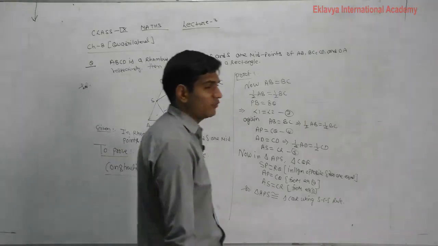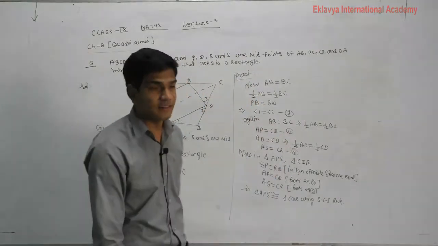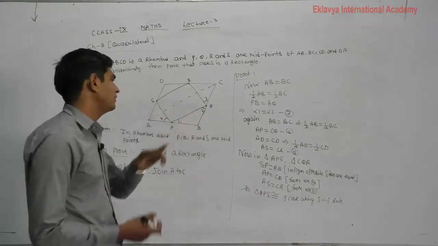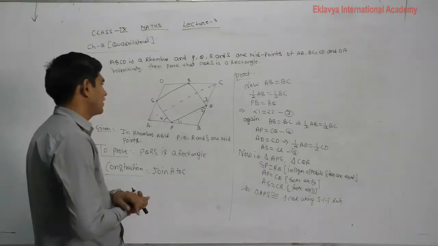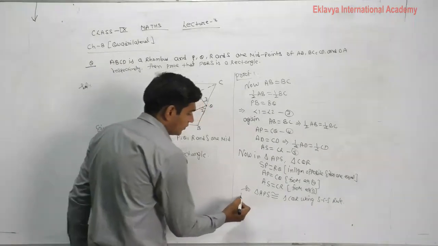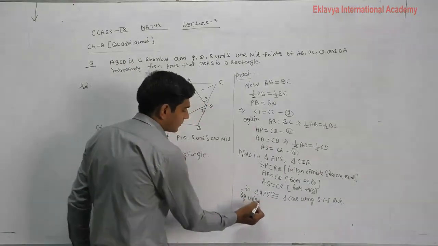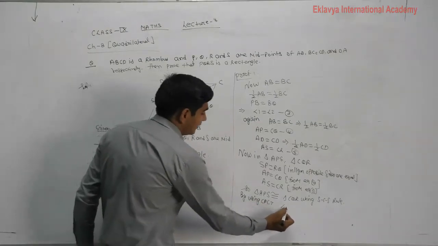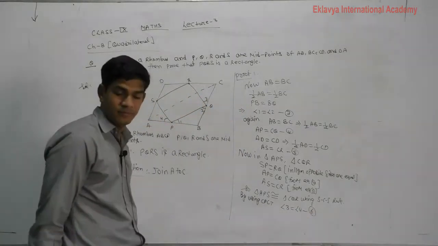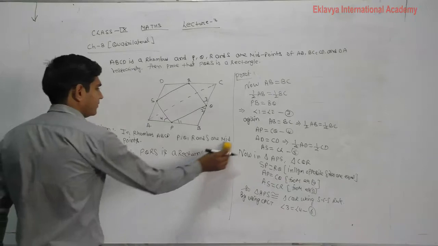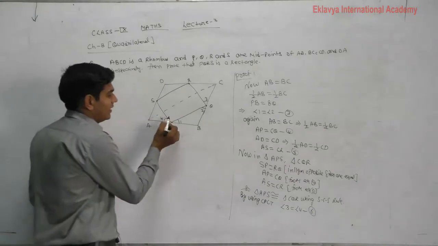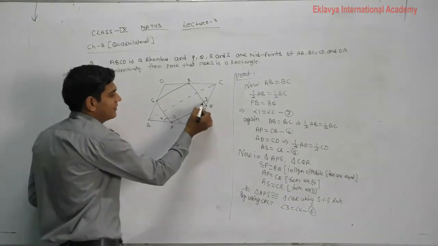Why we will prove here, students, that these two triangles are congruent? Because we want to prove here that angle 4 is equal to angle 3. आपको क्या प्रूफ करना है? एंगल 4 किसके इक्वल होगा? एंगल 3 के इक्वल होगा. So by using CPCT, angle 3 is equal to angle 4, equation number 6. Any problem? Let us consider that angle is x and that is y.